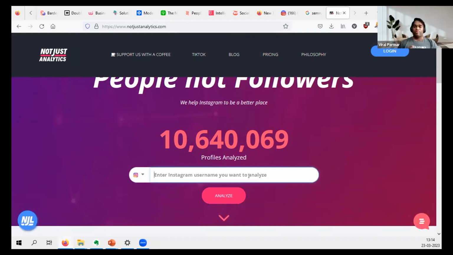So I would like to know and analyze the whole profile of that particular XYZ person. So I'll enter the username of this XYZ person and analyze the whole profile and see what kind of hashtags they use, what kind of content they share, and where they share it. Right? So after analyzing the whole profile, I'll understand what tricks this person might be using to get traction and more and more followers, right?